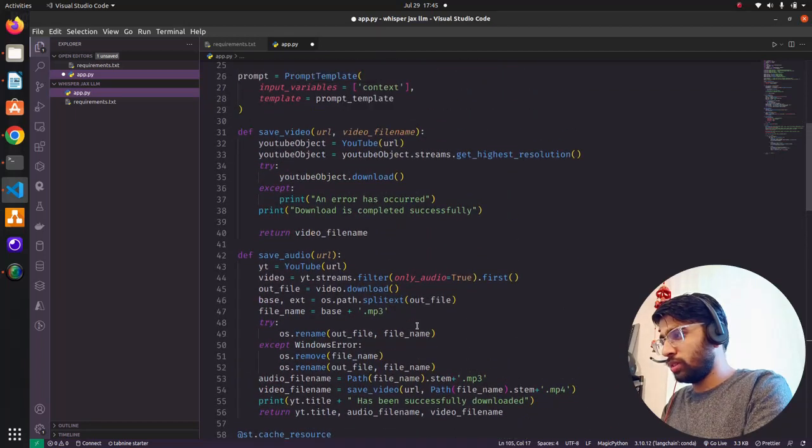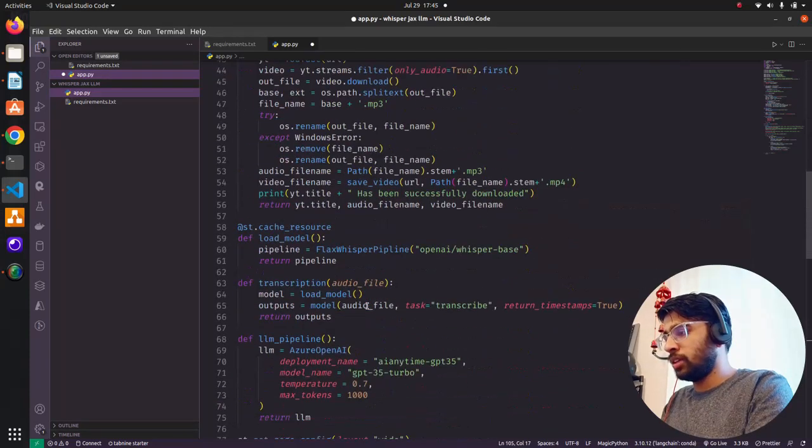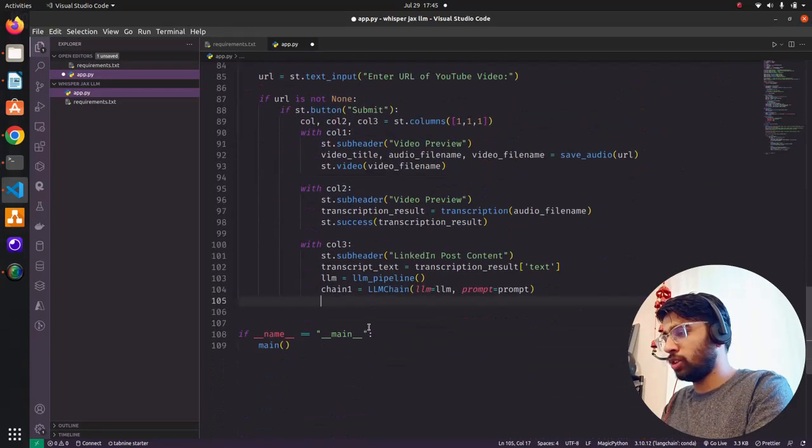Now this prompt is nothing but, I'll just show you, this is the prompt that we have here. You can see the prompt which takes our context, prompt template, right, and context. So this is what we're gonna pass over here. Okay, templates, prompt template. So let's do that and pass prompt equals prompt. Now we are okay with it.